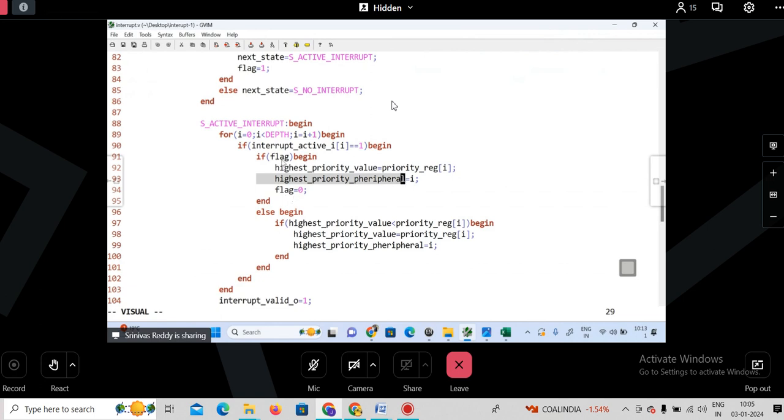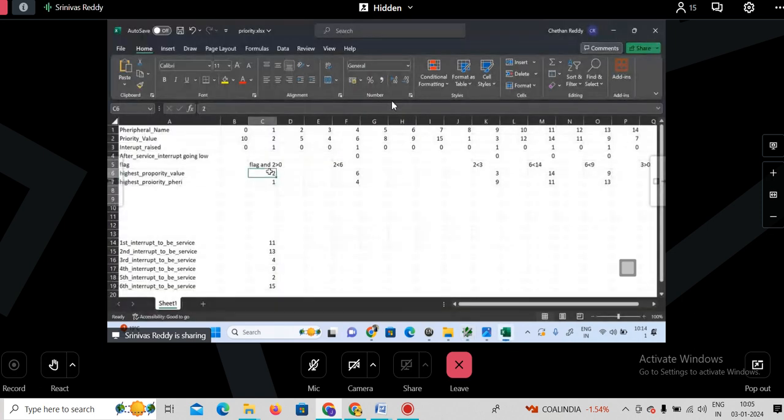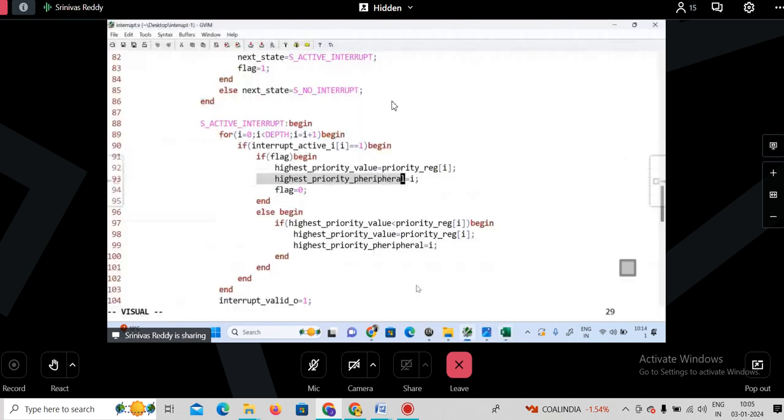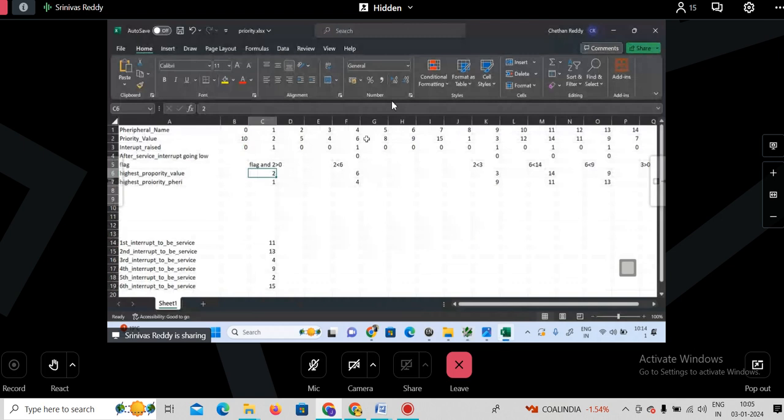Else, if flag is equal to 0, what am I doing? In the else, I am checking whether highest priority value is less than the priority register of i. Now, my highest priority value is 2. I am checking less than or equal to this. If flag is equal to 0, it goes here, right? Now it goes here. Now 2 is less than 6. Is it true? If this condition is true,